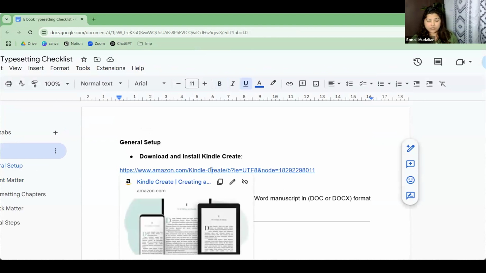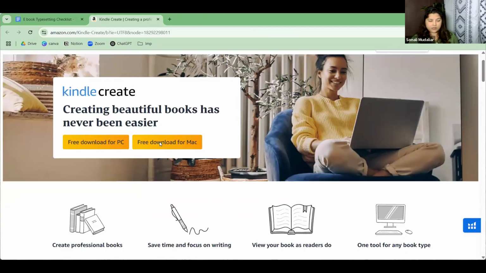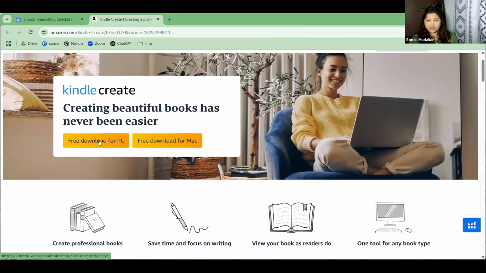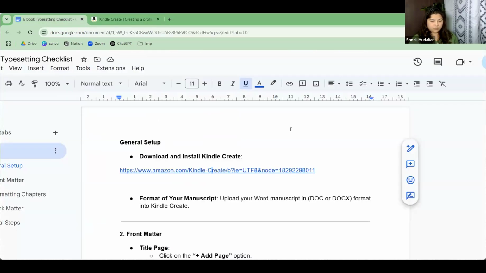Now I'm using this particular link. I'm going to click on it and here I go. So over here, if you have a MacBook, go ahead and click on MacBook. If it is a PC, you're going to click for PC. Right now my PC is formatted, so I am going to download it. It is going to take a bit of time, and you all will be doing the same process. If you want, I can just give you the link right away in the chat.